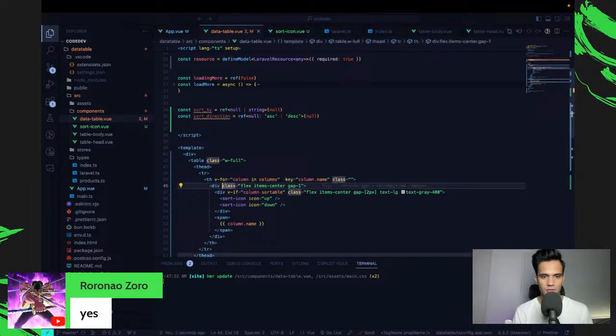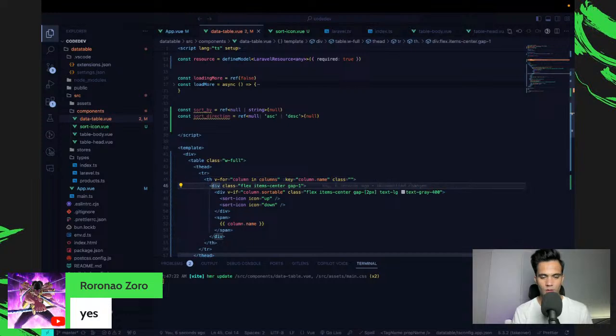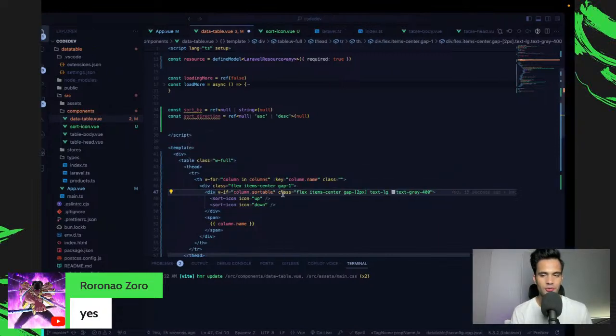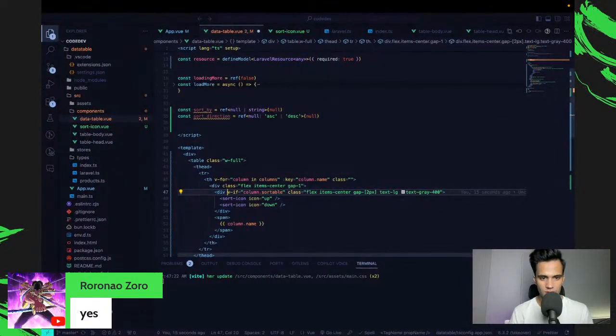Then we are going to go to our th, and we'll say, should I have the sorting only on these icons, or wherever you click, it should sort? Actually, wherever you click, it should be able to sort. So for that, I'll have to go all the way to my th.